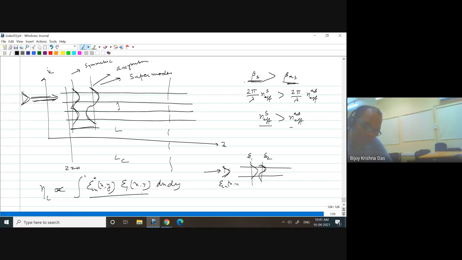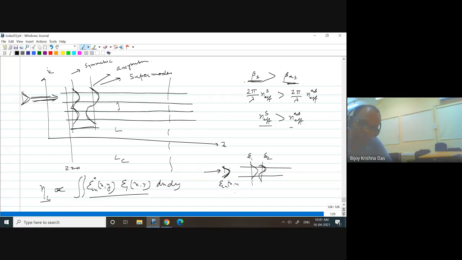The larger the value of this integration, the larger the coupling. If you integrate the Gaussian field distribution from a laser source with this one,